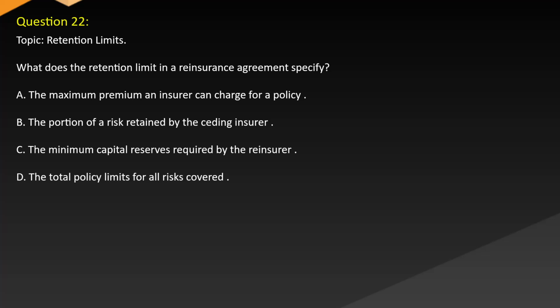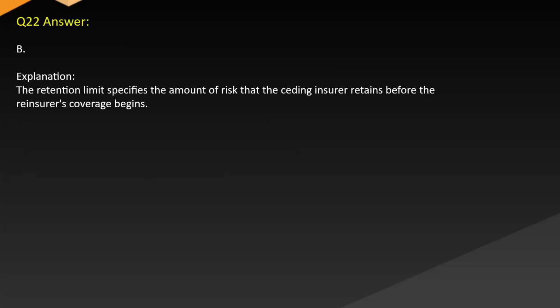What does the retention limit in a reinsurance agreement specify? A. The maximum premium an insurer can charge for a policy. B. The portion of a risk retained by the ceding insurer. C. The minimum capital reserves required by the reinsurer. D. The total policy limits for all risks covered. Answer B. Explanation. The retention limit specifies the amount of risk that the ceding insurer retains before the reinsurer's coverage